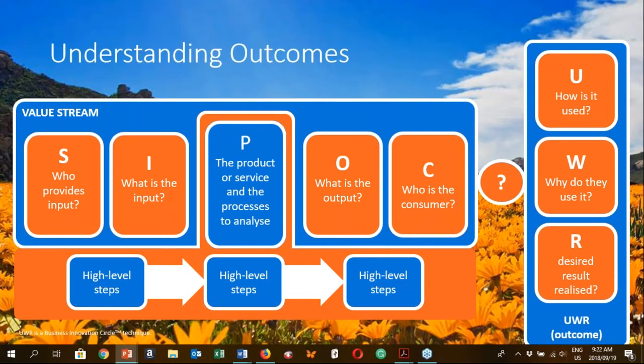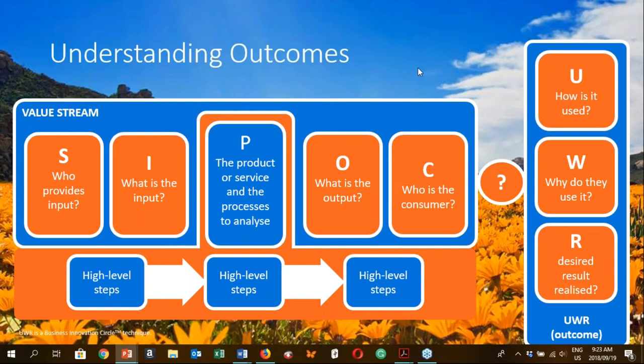The only difference is that we add the end bit, and we say it's really important to understand that SIPOC is good to do, but you must always check the output within the context of the consumer to understand how the product or service will be used, why it is used, just as important, and what is the desired result, because it's actually the desired result that makes customers or consumers happy with the products or services that we provide.